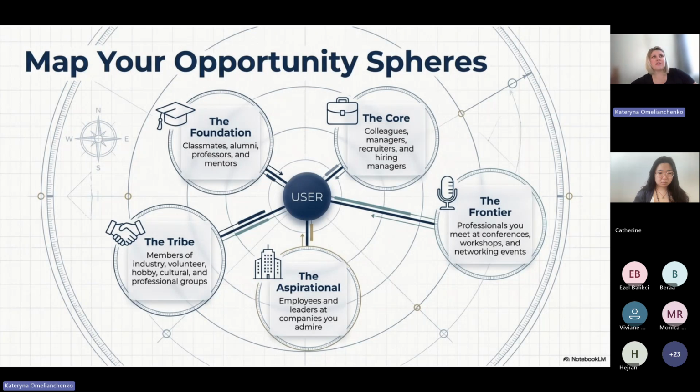CPA, all kinds of professional associations, organizations, and even what are they called? Unions. All of that is your crowd. It's your tribe. So build relationships with them too. Volunteering is extremely important. I think volunteering is the most accessible and amazing way to build relationships with people, to build your networks. Hobby groups, a lot of people go and do